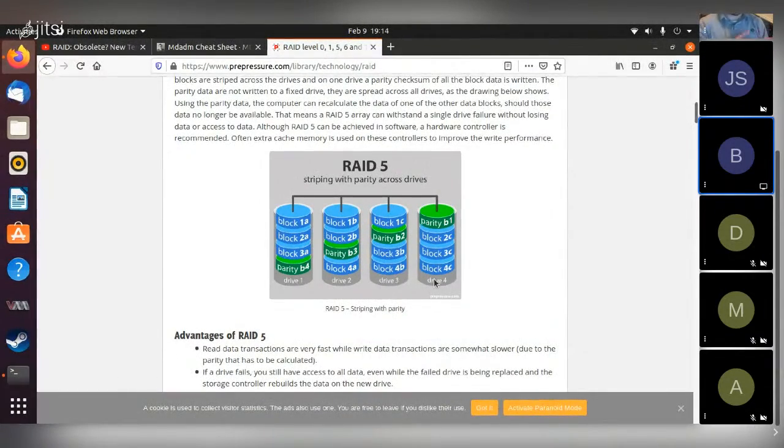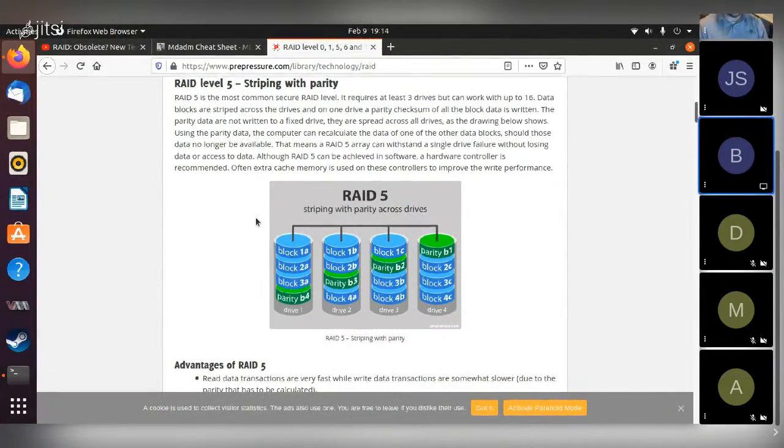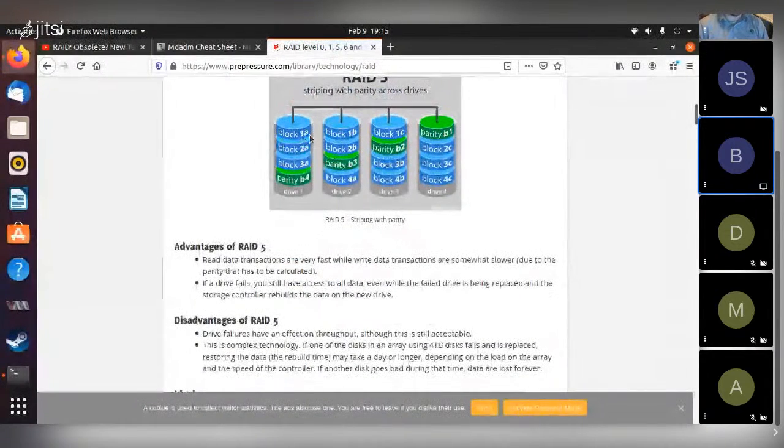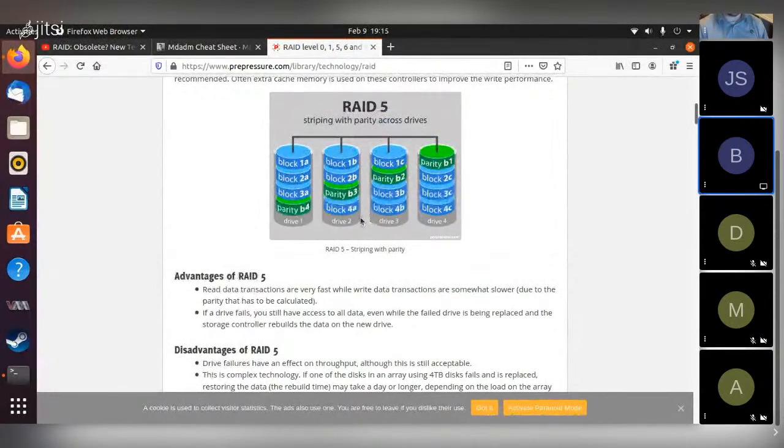With RAID 5, you still got the RAID 0 split, but you have the checksumming, the parity, on the third drive. So with RAID 5, you either had 3 drives or 5 drives, or you could go higher, but it was always odd. So one drive would be, like that little figure shows there, block 1A, the first half of that byte. Block 1B would be the second part. I guess they also had 4 drives there. That doesn't look right. That looks more like RAID 10, but